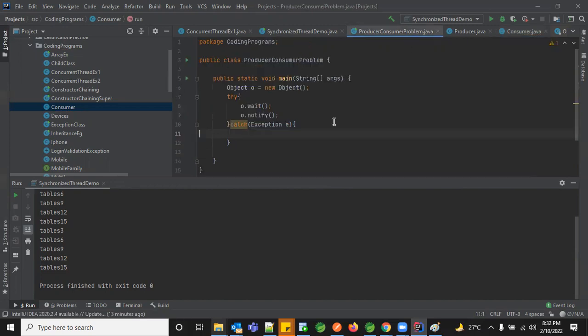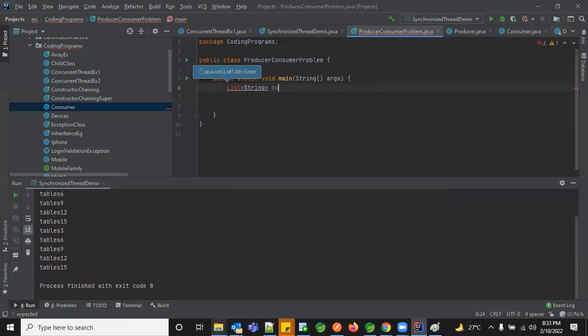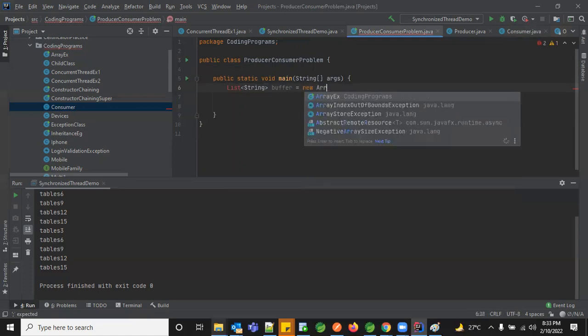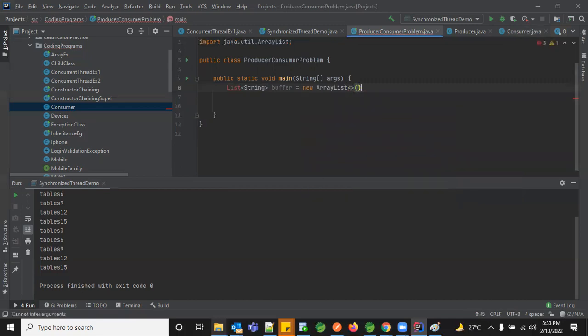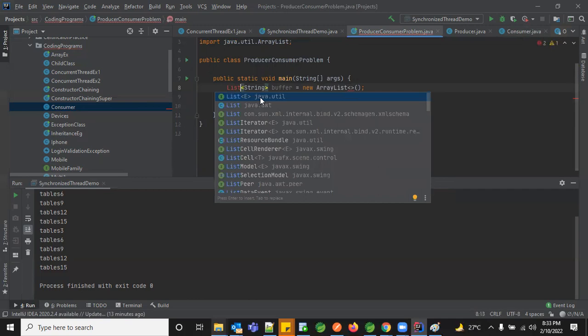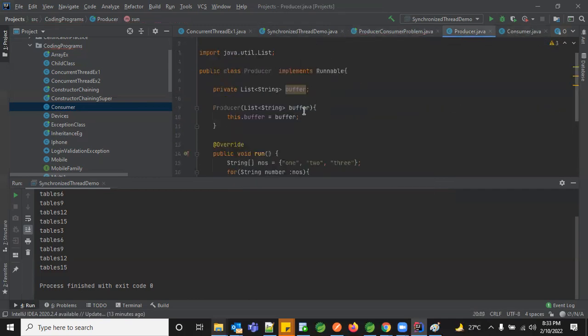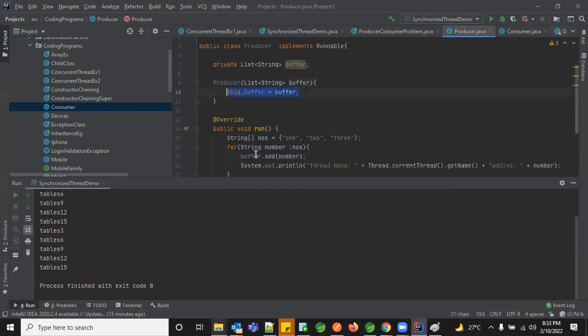Now let's go to the main thing. We're going to create the thread objects. So we have a list of string, right, which is your buffer object. So far we haven't created the complete memory for this one. You have to pass that entire array list, because so far we're actually consuming it. Whoever passes the buffer, I'll consume it. That is what we did in the producer and consumer. We had a reference; whoever passes that buffer object, we are initializing it and using it.